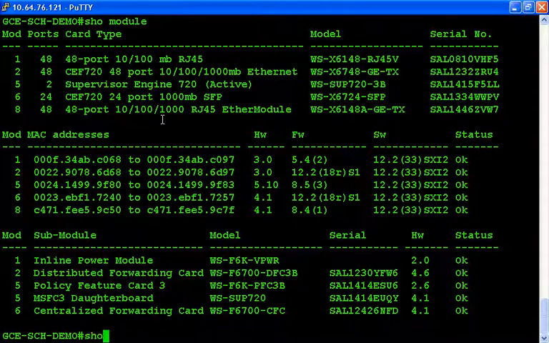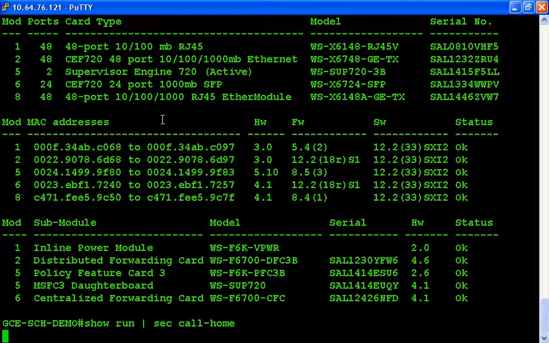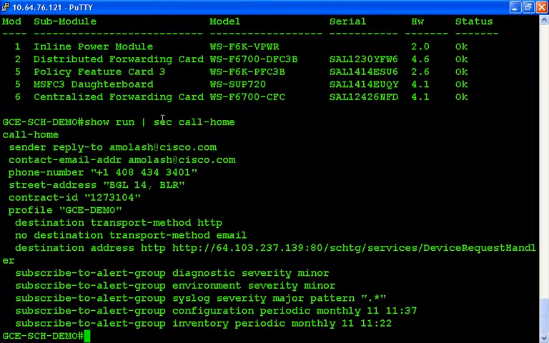Now, the configuration of Smart Call Home is fairly straightforward, I would say. There's only a couple of things that we need to configure. We need to configure the contact information for a customer, and we need to configure the methods that are used. While we're not going into detail, I'd like to show you the actual configuration that's on the box here. So I'm just doing a show run section call home, which is going to show me the call home configuration on this device. There are many options that we can choose here in the ways that we want to implement the alert mechanism. The contact details go in this part,